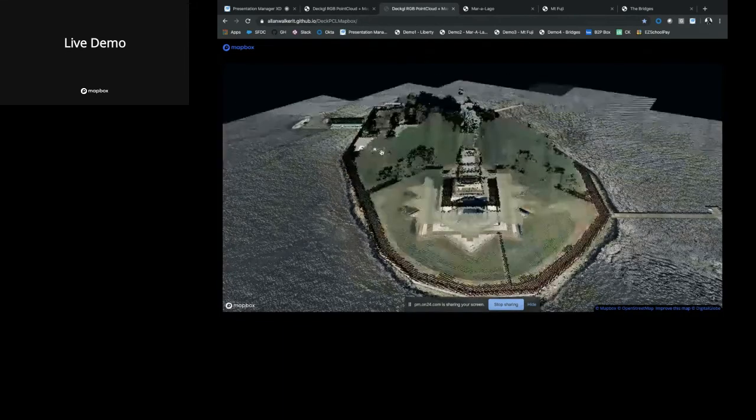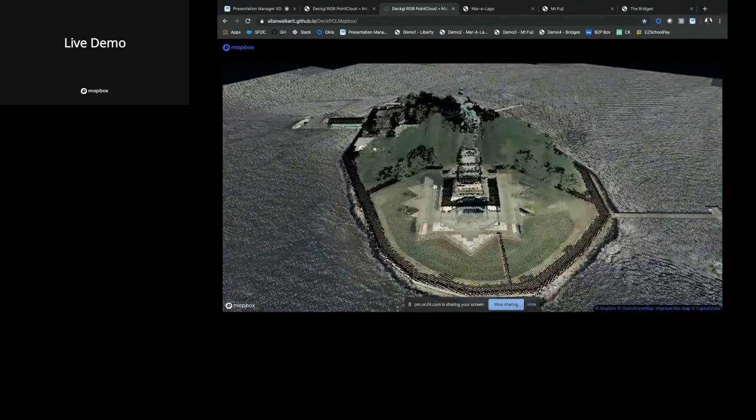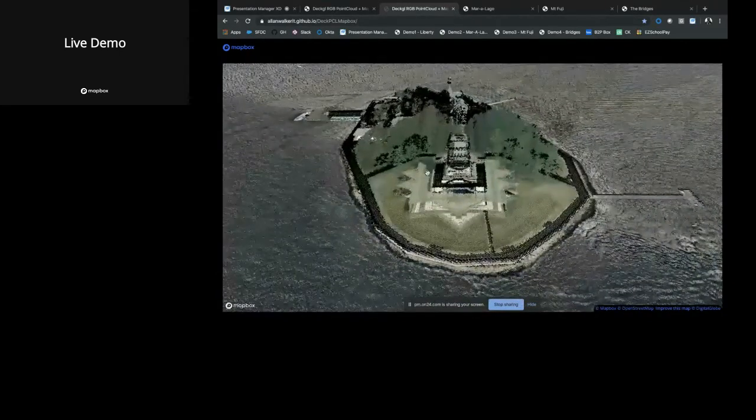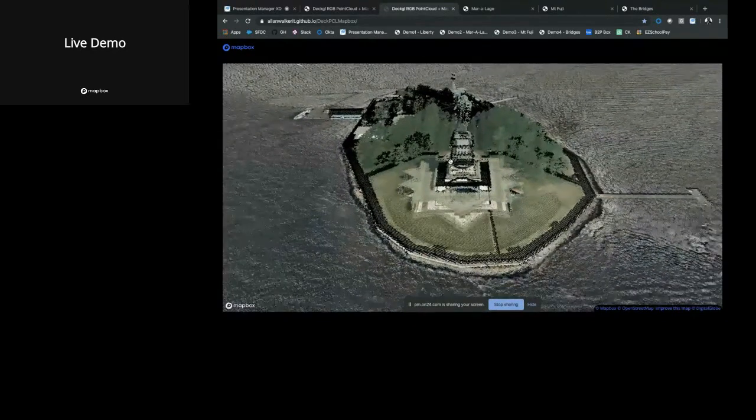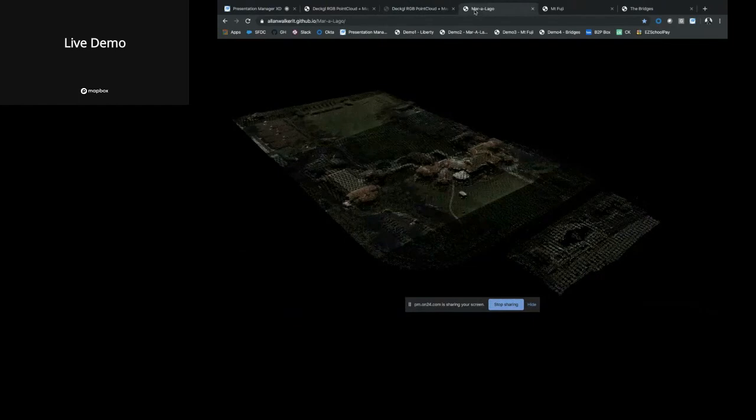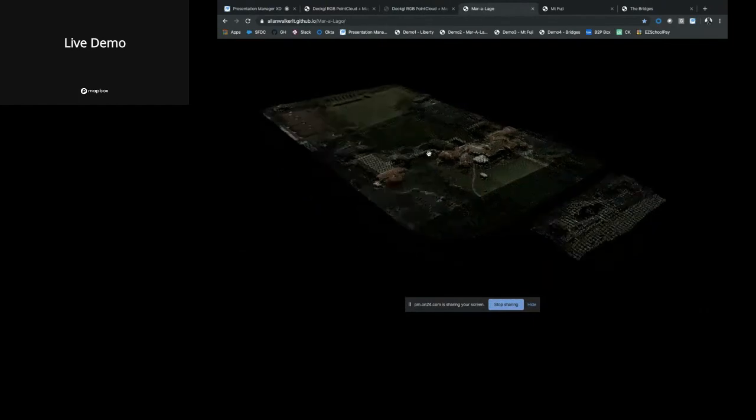When I load it back up again, you can see that it's already pulled the array from Dropbox and has calculated all the positions. And the other important thing to note here is that the DeckGL library is synchronizing its camera and positions with the Mapbox GL layer. So the next demonstration takes the Statue of Liberty example and basically tries to parse out